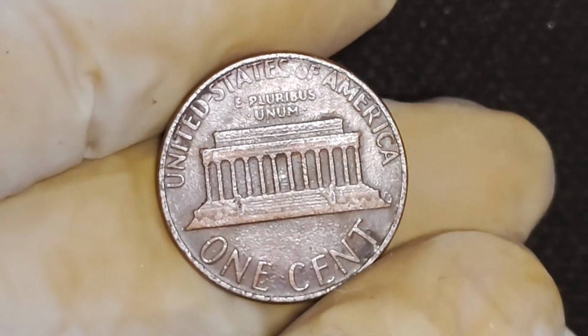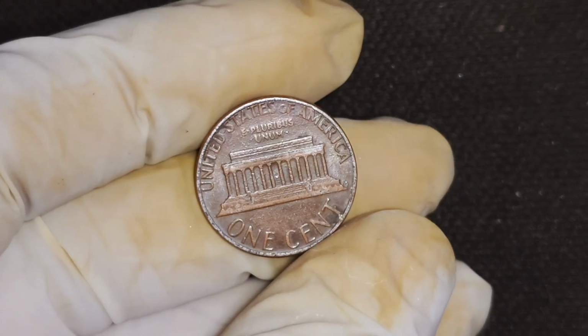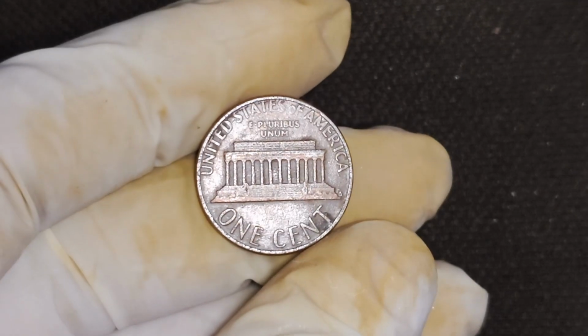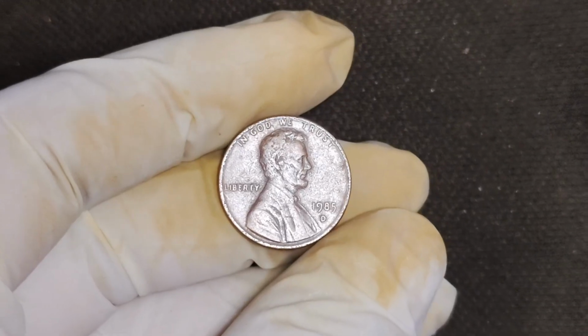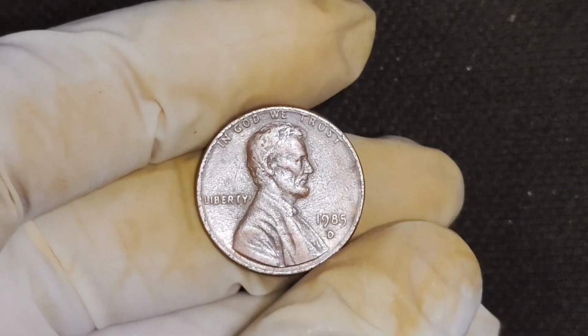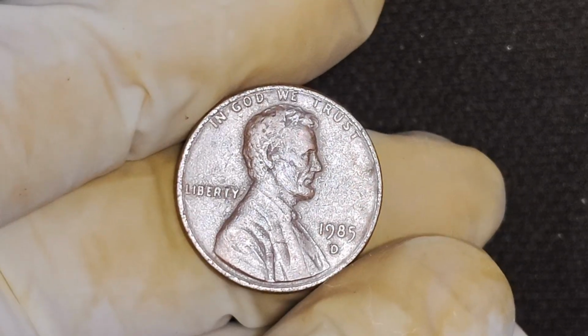The 1985 D Mint Mark Lincoln penny is more than just pocket change, it's potentially a golden ticket. But remember, not all pennies are worth a fortune. It's about the mint mark, the condition, and the rarity that can drive that price up to a staggering $1.4 million. Keep your eyes peeled, your magnifying glass ready, and who knows, maybe you'll be the next lucky one to